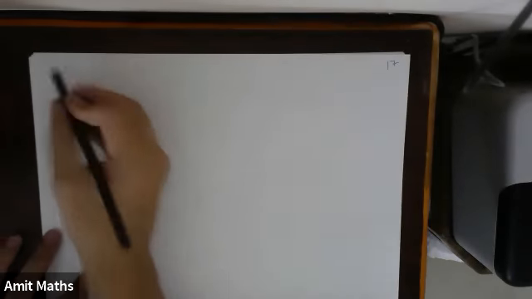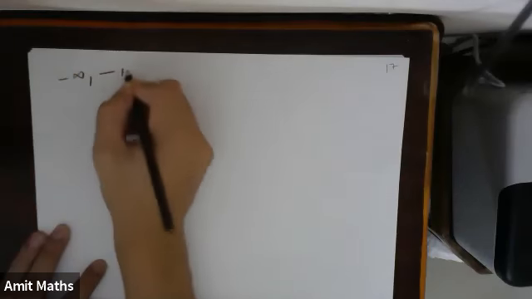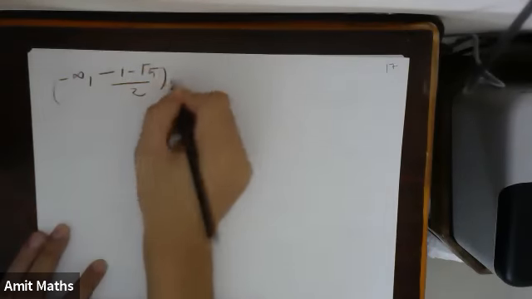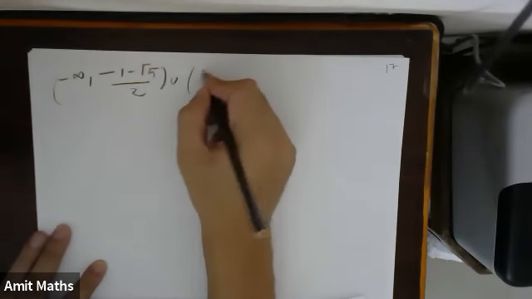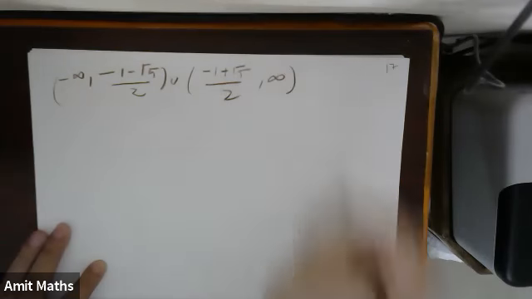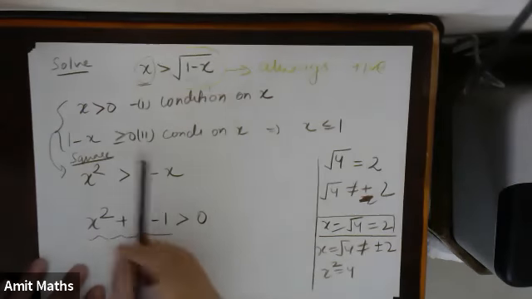So we got minus infinity to (minus 1 minus root 5)/2 union (minus 1 plus root 5)/2 comma infinity. So these were the two solutions. If you remember, the original condition on x,